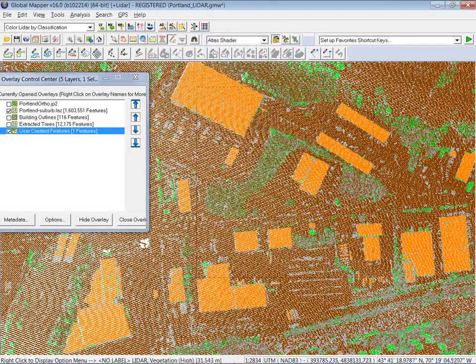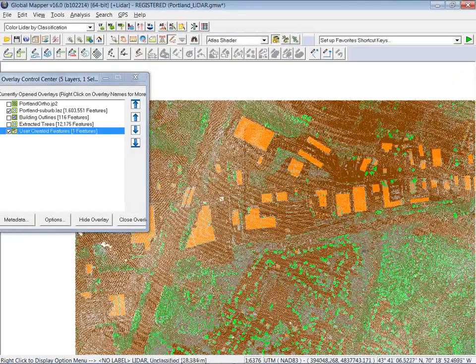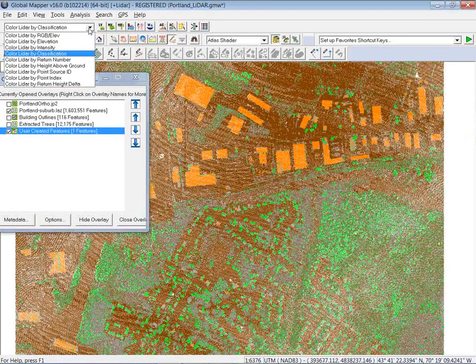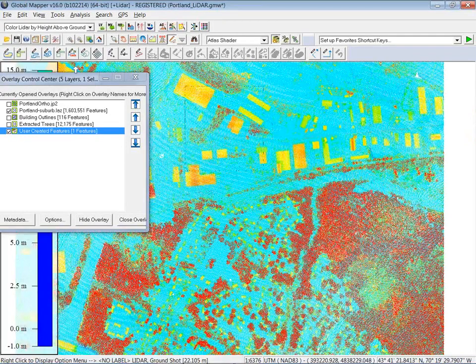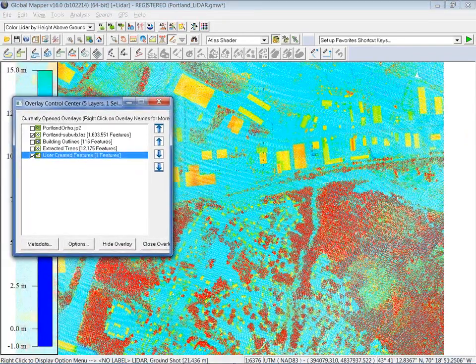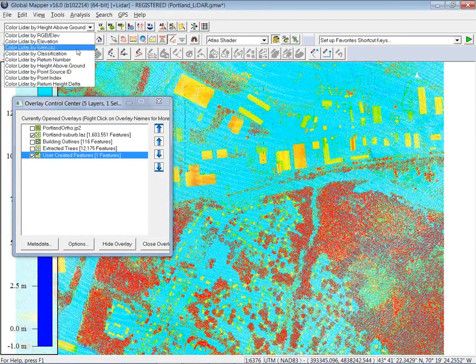Quite a lot of new data visualization options. In this point cloud, we've been visualizing based on classification. The LiDAR toolbar does give you the option to change, and you'll notice a couple of new ones in here. Height above ground is a fairly new one. You can see this now reflects the actual height above the ground points, so you can see the height of buildings, heights of trees. And one of my favorites, which has just been added, is the LiDAR by return